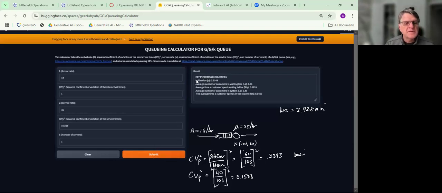Now you can see that the utilization did not change. Interestingly, utilization depends only on the arrival rate, the service rate, and the number of servers, not on variance considerations. So the utilization stayed the same. We've still got 3 separate independent baristas, but now they're trained. Because of the training, the variance came down on their service times from 60 down to 40 seconds. And what this does is it reduces the average time in system from 2.928 minutes to